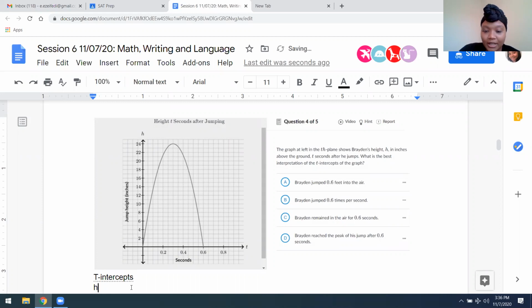So if the H-axis point equals blank, and the H-axis refers to jump height as it's defined right here, H-axis equals jump height. Then